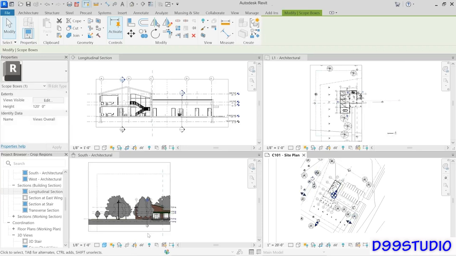Notice that both the south elevation and the floor plan have adjusted as well. So both of those views are using the scope box to size their crop regions. The section was unaffected. So if we click into either of those other views, architectural floor plan, and look at